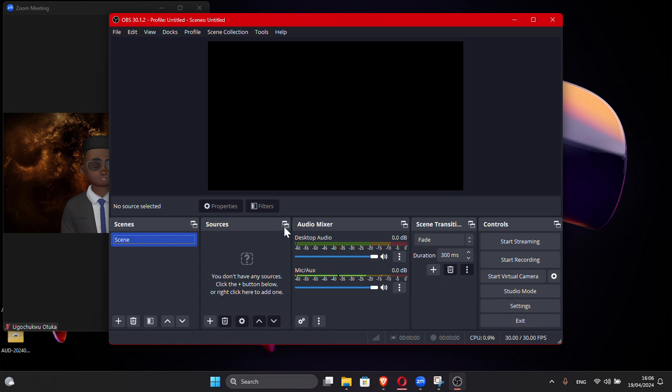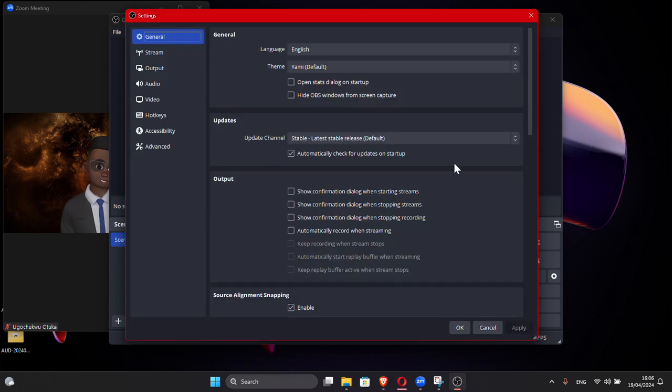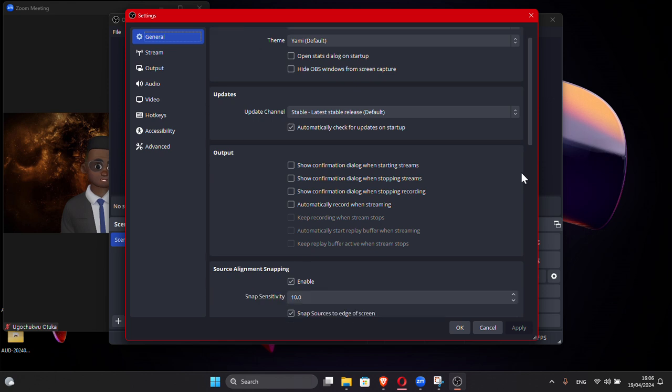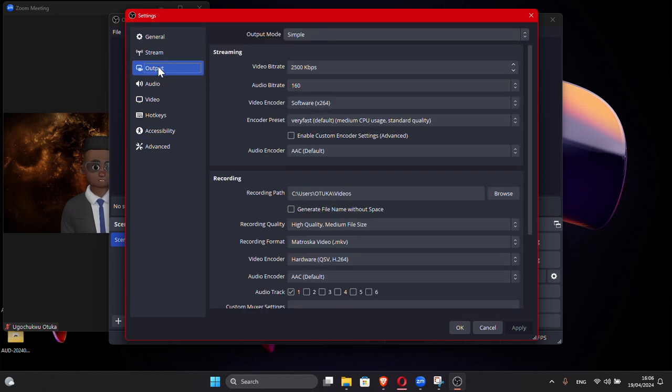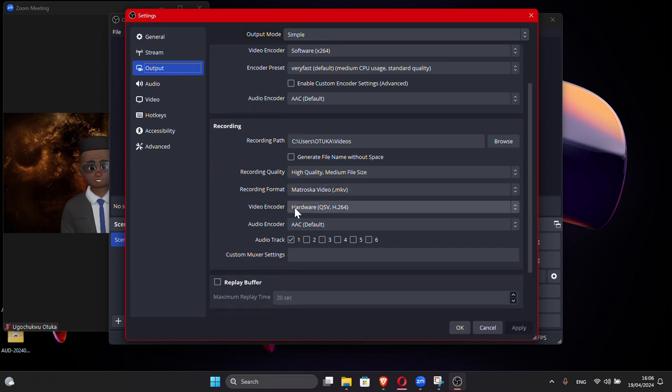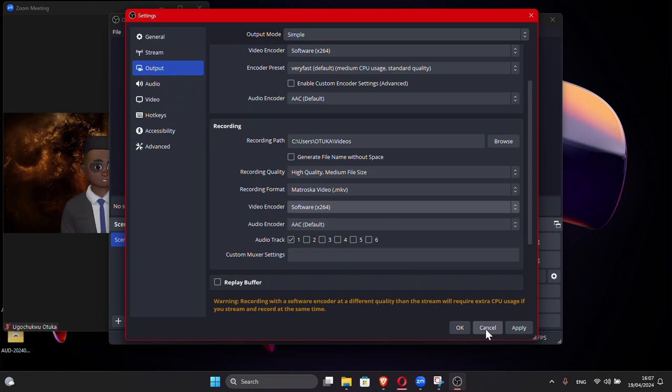Now, there's a setting that affects OBS in some systems, especially if you have not updated your display driver, which I noticed. So I will go ahead and I think it's in output and then recordings. In case it affects you earlier, you can try changing it. If it doesn't affect you, you can leave it like that. So I go to settings and I click on software rather than hardware, apply,